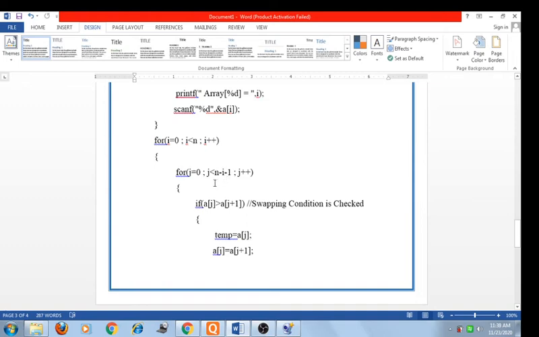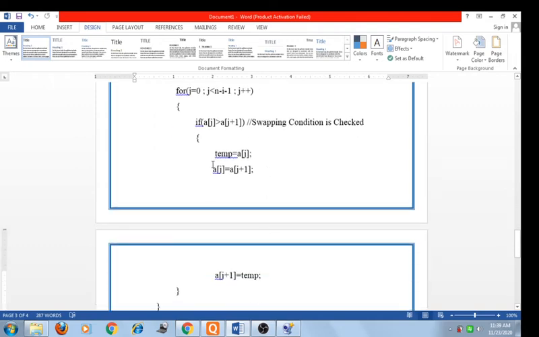So we take this condition n minus i minus 1. Then we check the swapping condition: if a of j is greater than a of j plus 1, and the condition is true, then we swap those elements. Temp equal to a of j, a of j equal to a of j plus 1, and a of j plus 1 equal to temp. Here the swapping condition is checked.